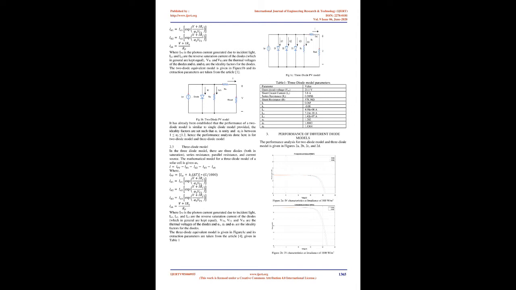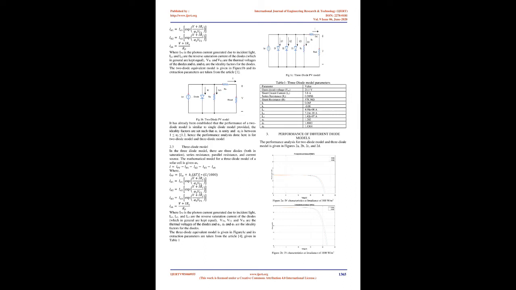2.2 Two diode model. In the two-diode model, there are two diodes, both in saturation, along with series resistance, parallel resistance, and a current source. The mathematical model for a two-diode model of a solar cell is given, where IPV is the photon current generated due to incident light, IO1 and IO2 are the reverse saturation currents of the diodes, which in general are kept equal, VT1 and VT2 are the thermal voltages of the diodes, and A1 and A2 are the ideality factors for the diodes. The two-diode equivalent model is given in Figure 1b and its extraction parameters are taken from the